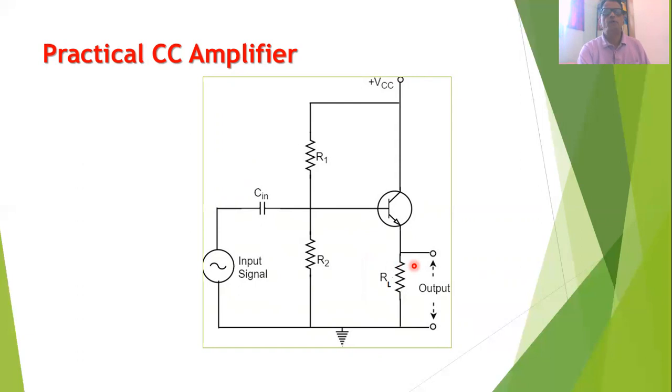You will find that when the positive input is applied, the current in the circuit goes on increasing, and therefore the output also goes on increasing. When negative input is applied to the circuit, the current in the circuit decreases, and therefore the output also decreases. That is, for the positive half cycle, we get a positive half cycle at the output. For the negative input, we get the negative output. As far as the voltage amplification is concerned, the voltage gain of this amplifier is 1, and therefore whatever you apply at the input, almost the same you will get at the output.